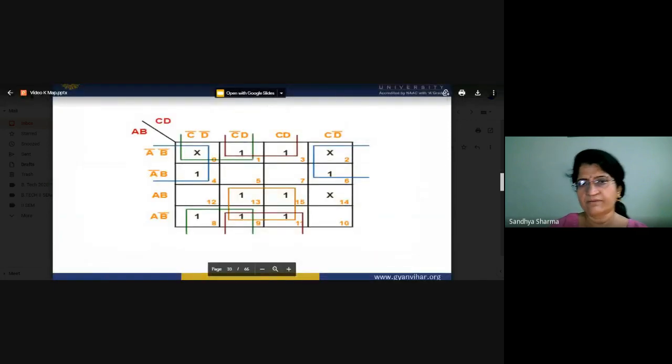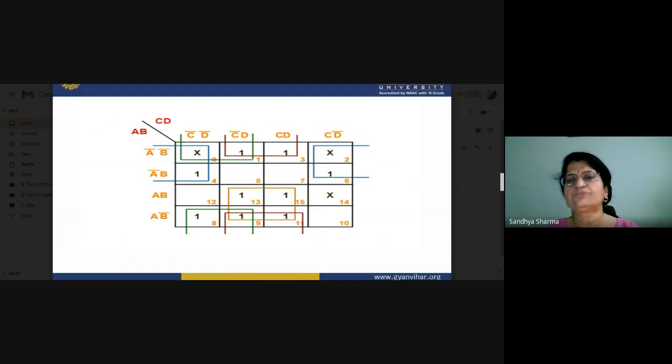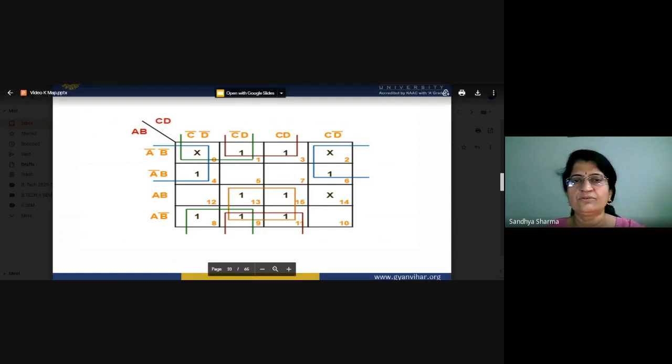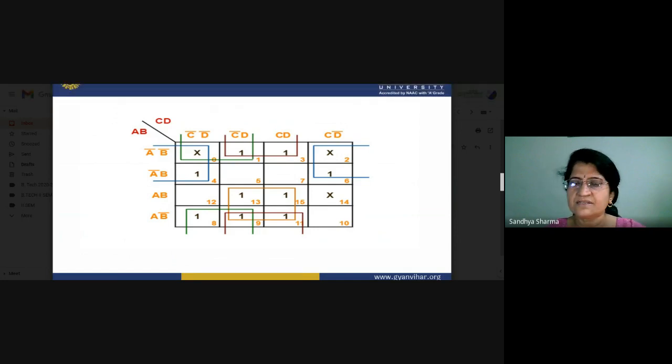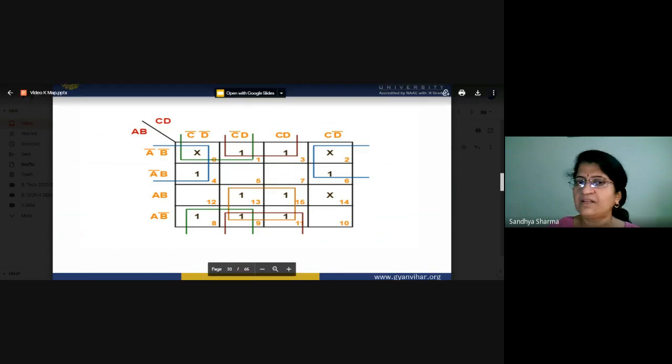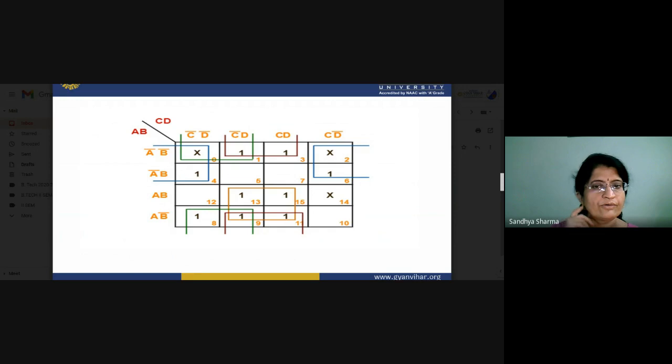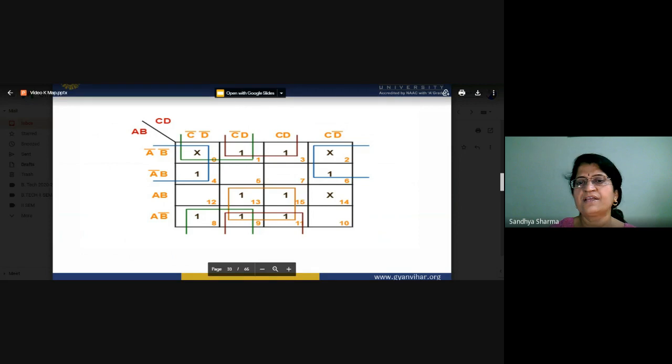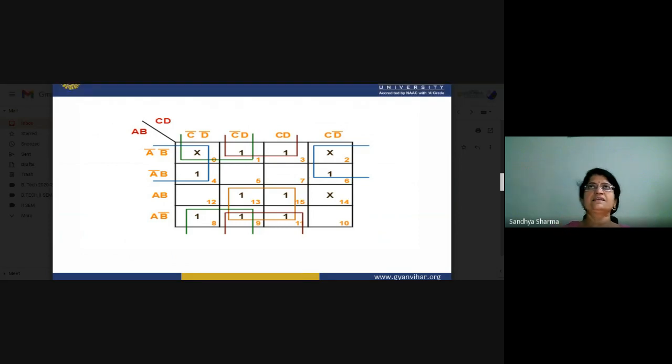So again, we will explain a little. If there is a don't care condition, you can put an x in that place. If there are nearby independent variables, then you can make a group, quad or octet, according to what type of expression we have been given. So that x, the don't care condition, will be treated as a 1, but sometimes it is also treated as a 0. So this condition is don't care: either it will work as a 1 or it will be treated as a 0.